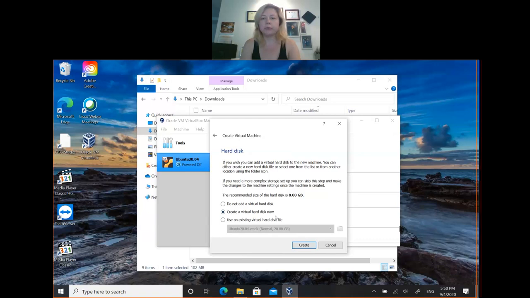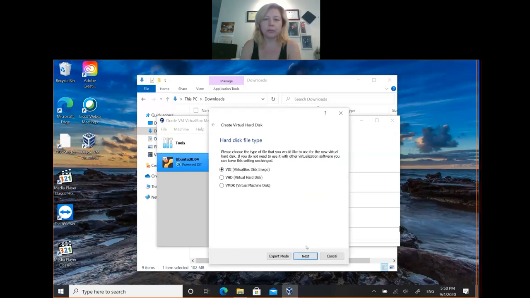We go through exactly the same process as we did with Ubuntu. Again, I'm going to create a VMDK just because I like to use these virtual appliances later on